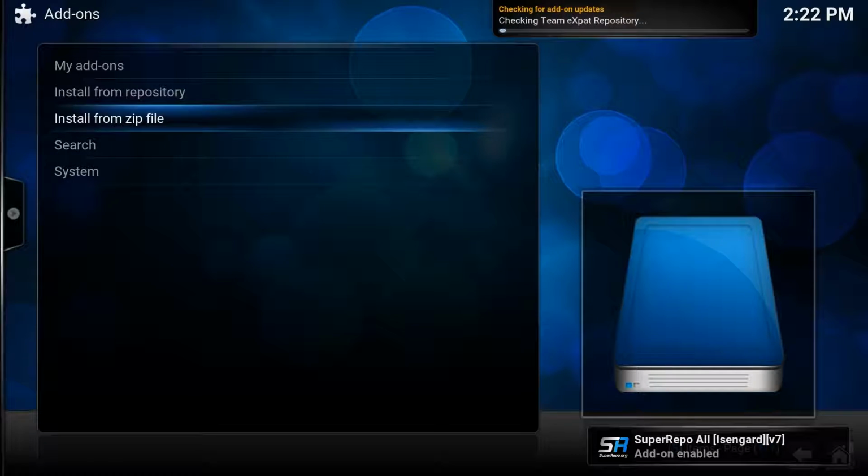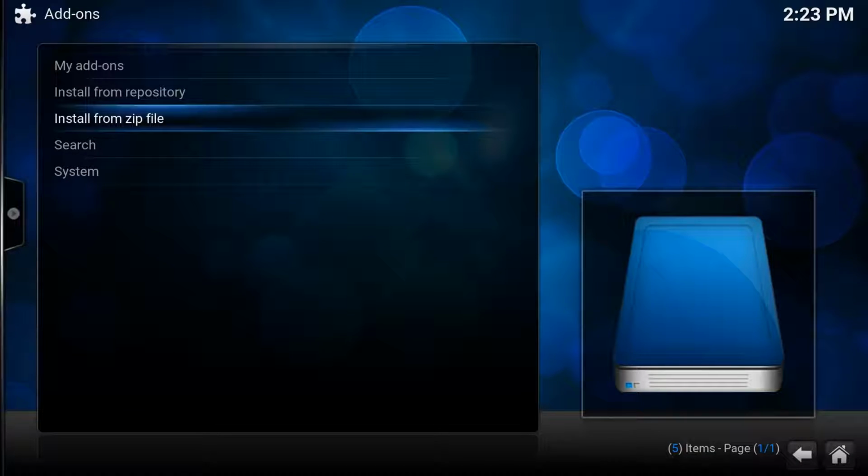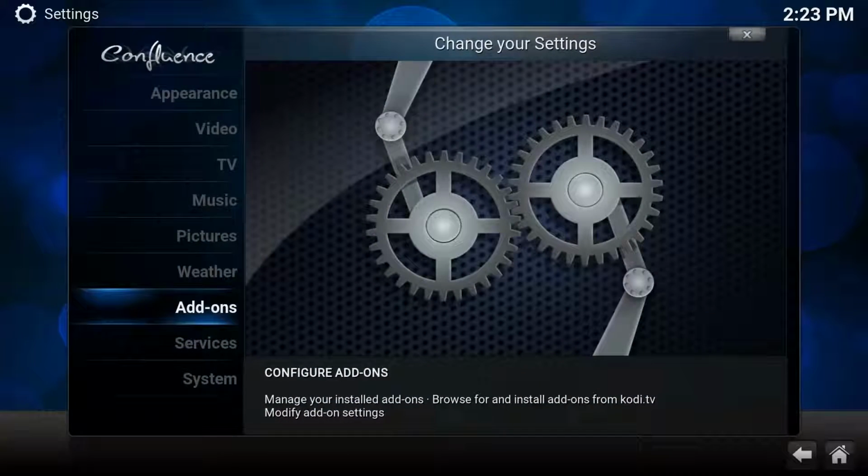Now if this has worked correctly, I will get that, which is a little pop-up informing me that the add-on has been enabled and certain things are being put into place so we can utilize that as, I don't know, like an app store kind of thing. Right, we've got more to add, so let's not dwell upon this. Press escape.